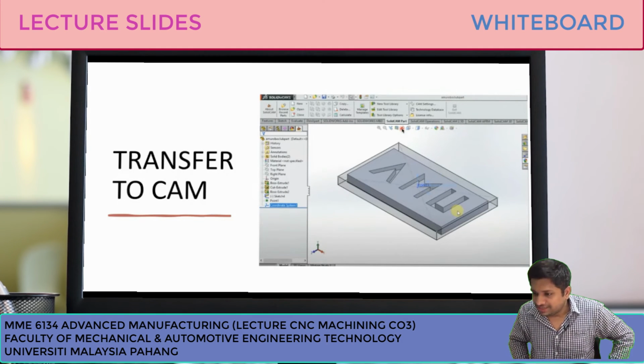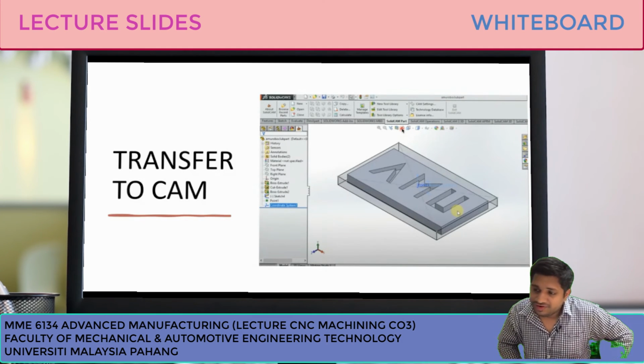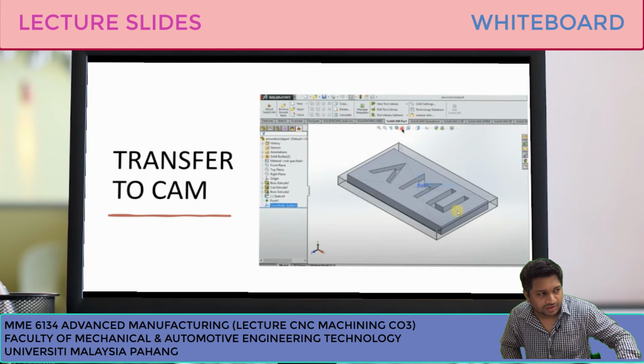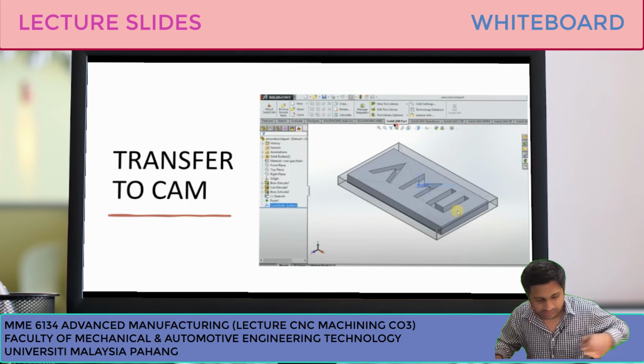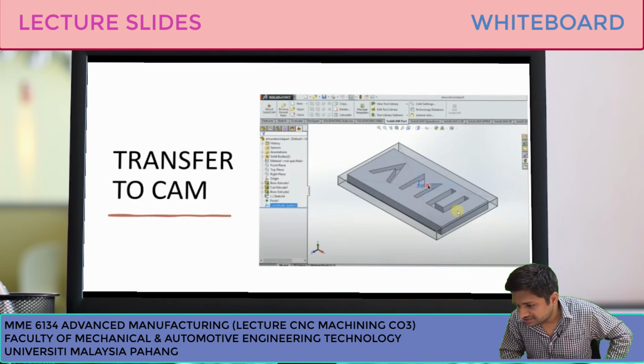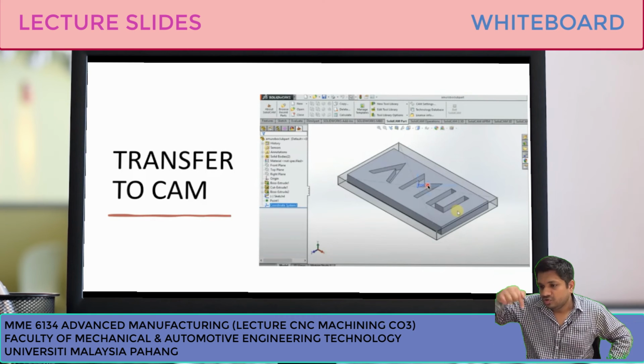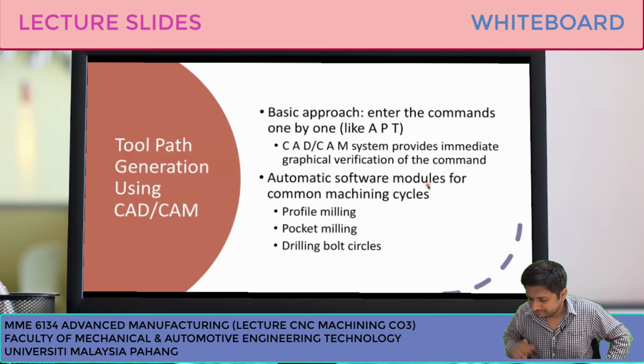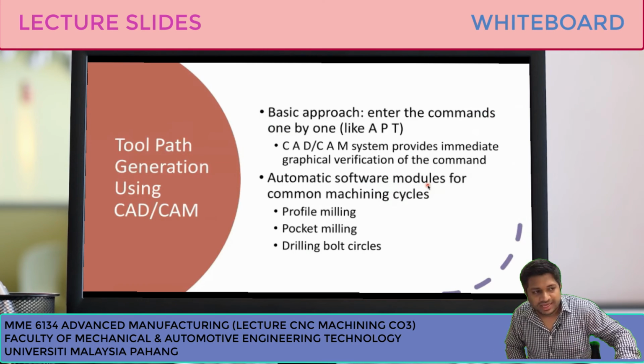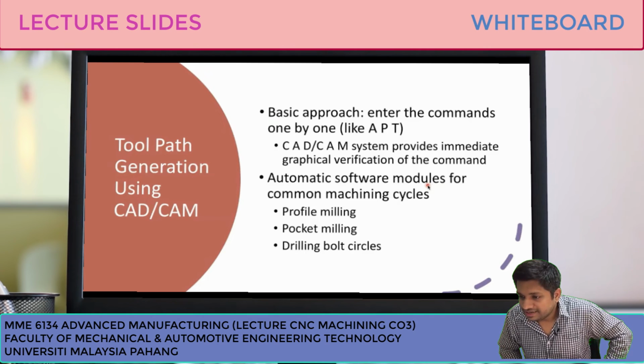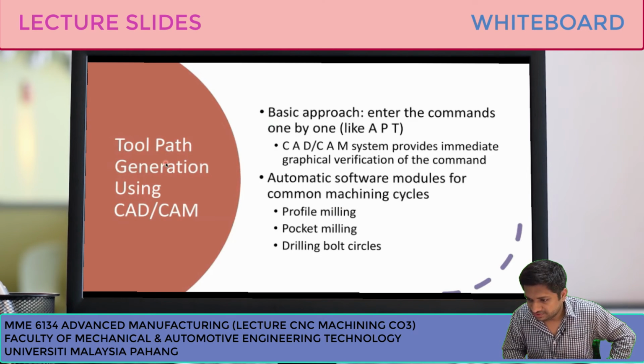SolidCAM. In SolidCAM, as I said earlier, we have to define the position, or we have to define the coordinates. So we will define the coordinates. Here you can see that the person has defined the coordinate system so that the tool can move relative to the coordinates which have been defined. Then the CAD integrated with CAM software, meaning the CAM software is going to create a tool path. That we will see how.